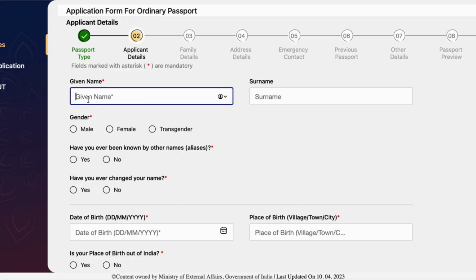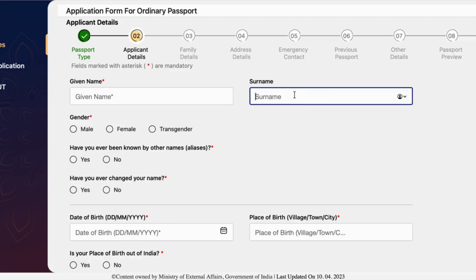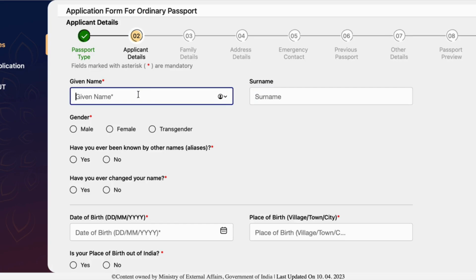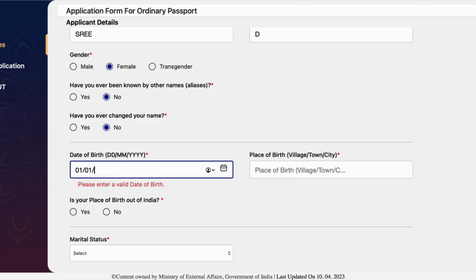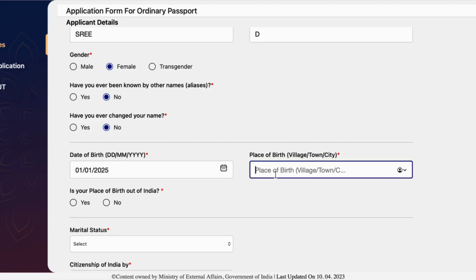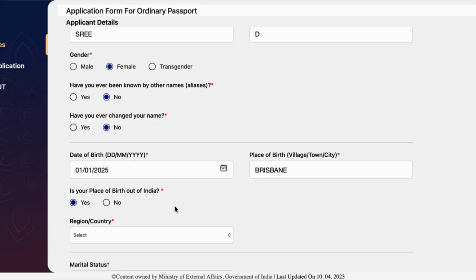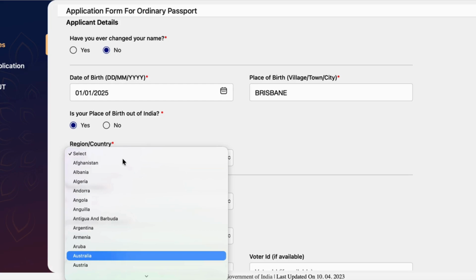And here you need to give the given name and surname of the baby and it should exactly match the birth certificate details. So I'm just going to give gender, no. Place of birth, just make sure that you're giving the place of birth which is exactly in the birth certificate. So I'm just going to enter that here. Okay, is your place of birth out of India? Yes. And then select Australia here,